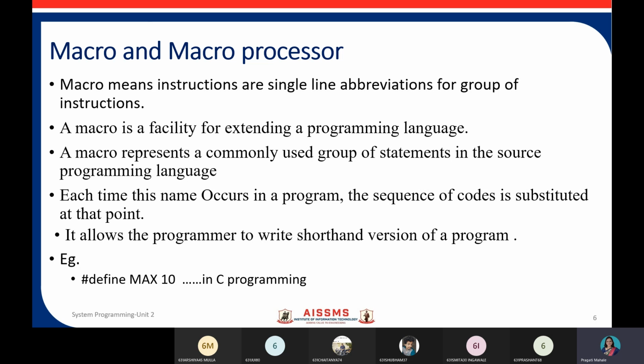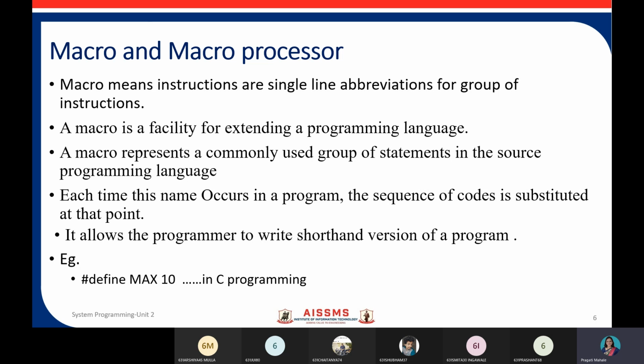So we don't have to use the value 10 every time in the program. Instead, we use MAX, and wherever there is a MAX, it is replaced with the value 10. So this is a short form for a certain group or block of instructions.